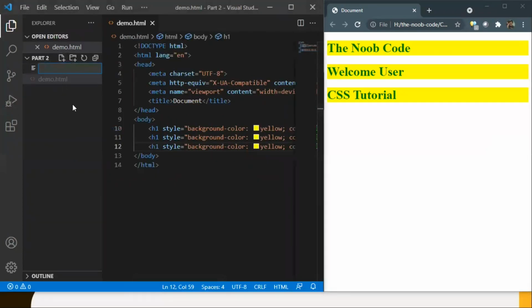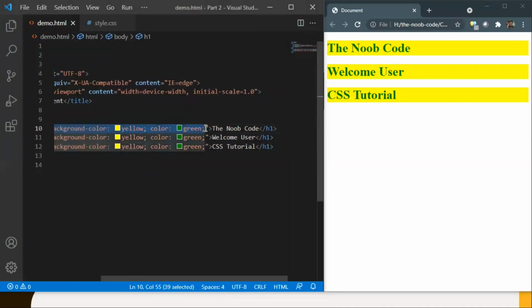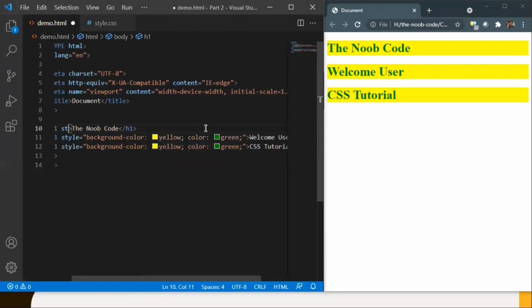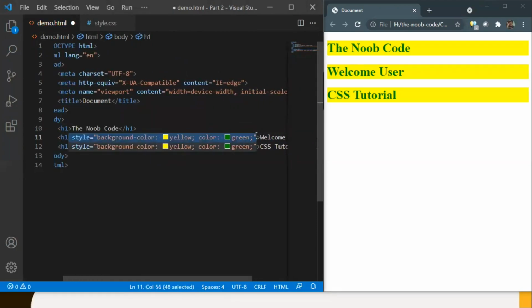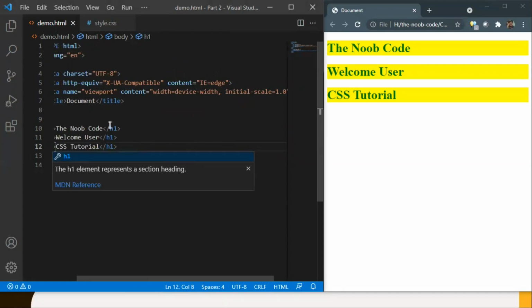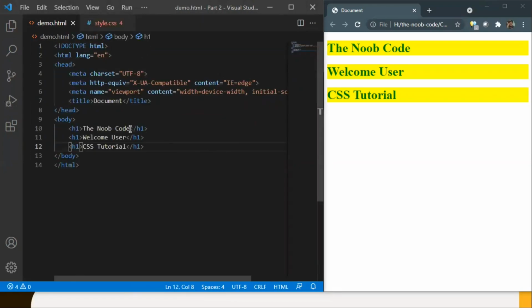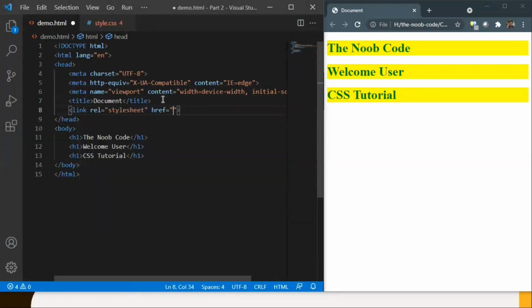Hence, we could use an external style sheet here. Let me create one. I can give it any name, let's say style, but the extension always has to be .css. So cool. Now let's copy the inline style to this file. Also remove the extra inline styles from the h1 element so that we can be sure that the styles in our external style sheet are working. Save the file and then reference it in our HTML page using the link tag. The relationship in the link tag will be stylesheet and the source will be the path to our style sheet. Save this and refresh the browser.